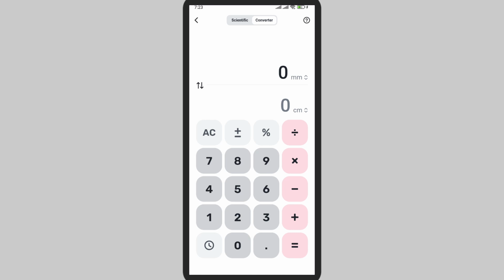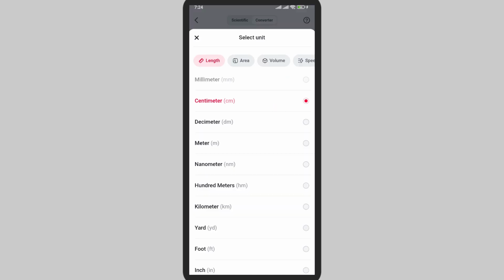Here you can select different units, and here on the top you can translate or convert it easily. So simply tap on the units, and here on the bottom you can customize and select the one that you need. At last you can convert it